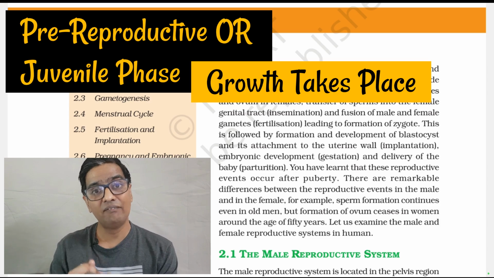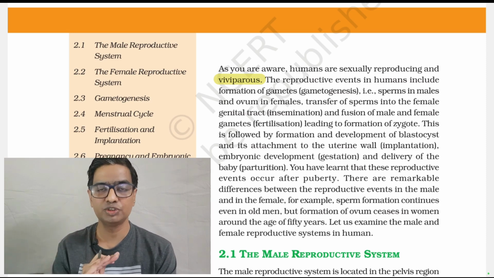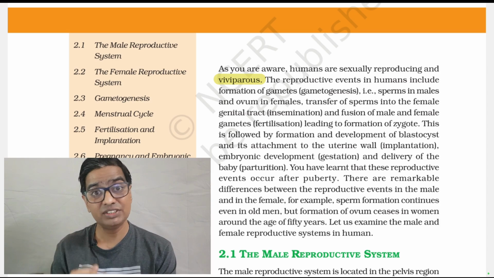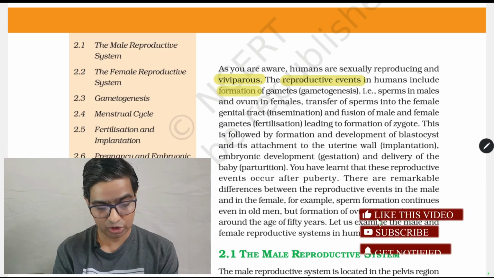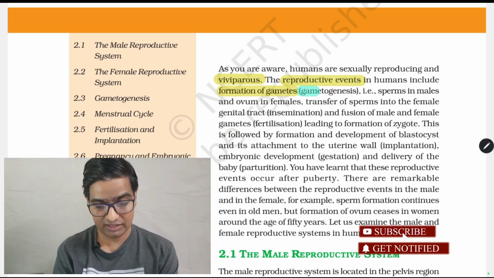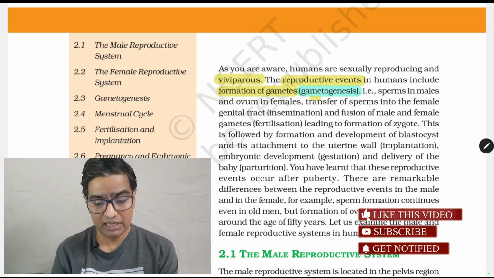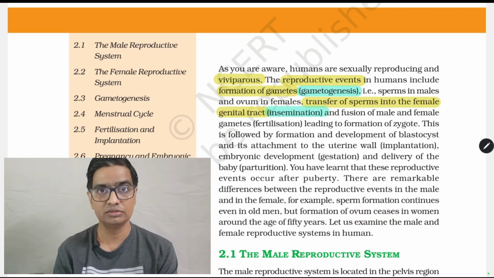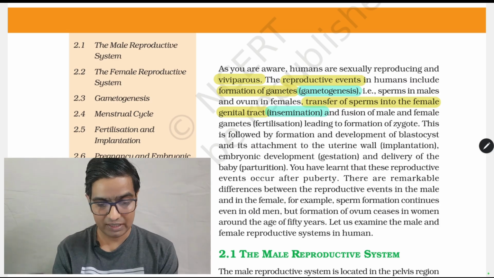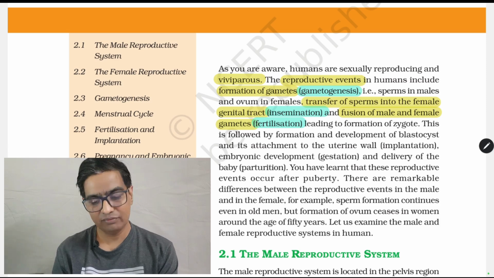But only after puberty, the human being gains the capability of sexual reproduction. Even in that, there are multiple stages involved. For example, the reproductive events would include formation of gametes, which is called gametogenesis. Of course, in males it will be sperms, in case of females it will be ovum. Then there will be transfer of sperms into the female genital tract, called insemination. The semen enters into the body of the female. The third would be fusion of the male and the female gamete. So sperm will meet the ovum in a process called fertilization, and that would lead to formation of a